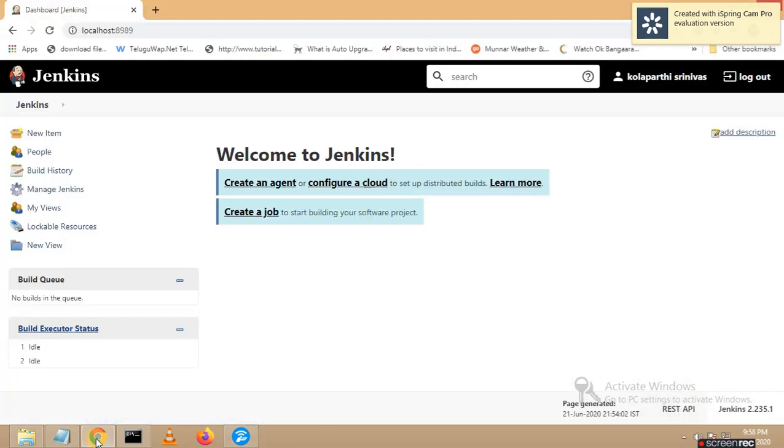Now, if you see my dashboard, this is the Jenkins dashboard, and this is the welcome page, and some people will call this a dashboard also. You can see my login name here itself, and you can see some of the options on the left hand side. You can see New Item, People, a different set of options. And currently the Jenkins which we are going to use is Jenkins 2.23.